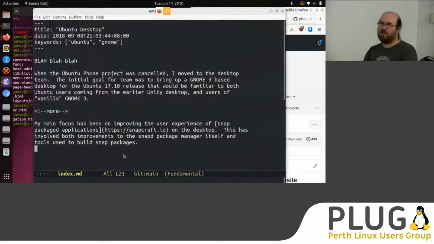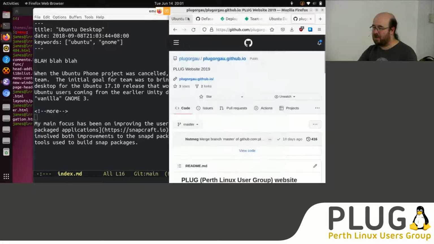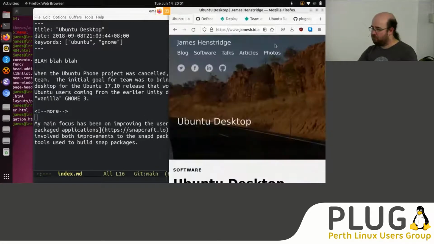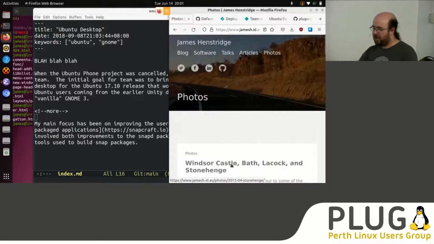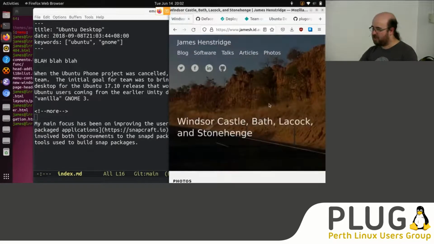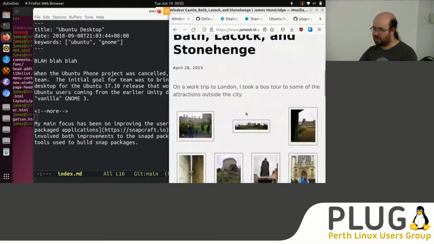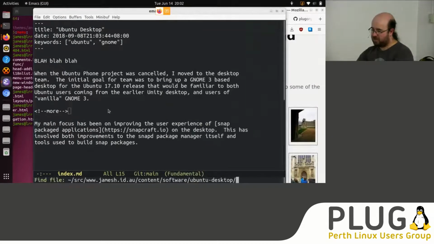Actually, if we are talking a bit about some of the templating stuff, one of the other examples I'd used on my own website, I'd overridden some templates to provide a photo gallery on my site. In this particular case, we've got pages which are just showing a bunch of the photos, and there, if I look at the equivalent files,